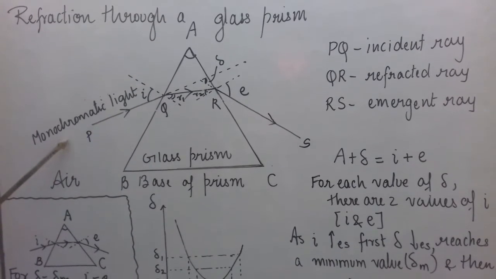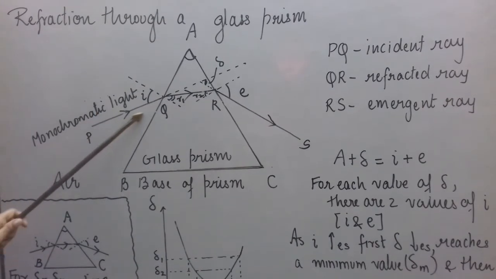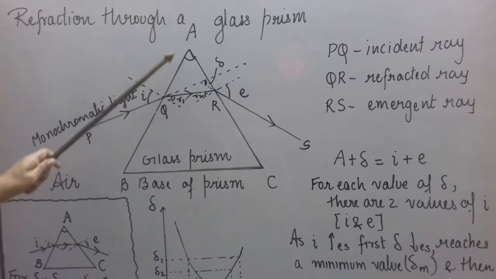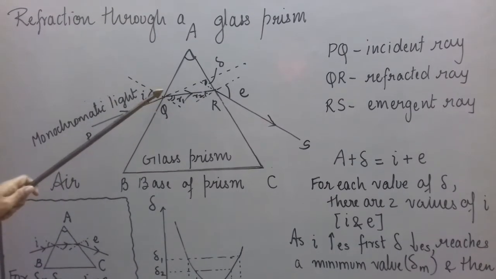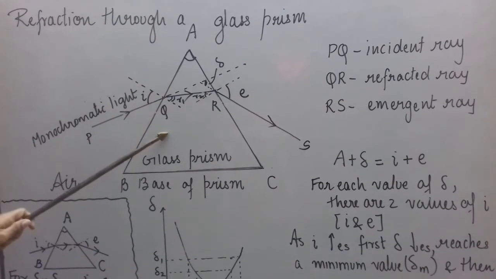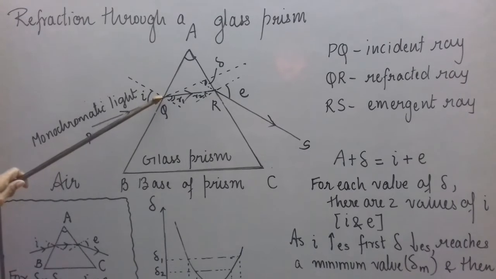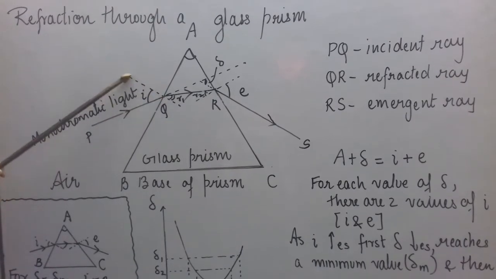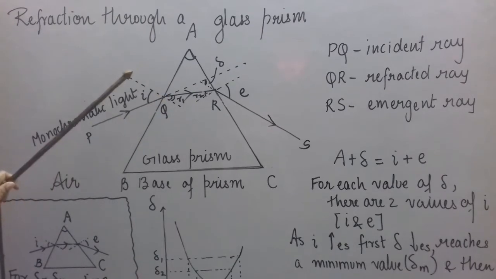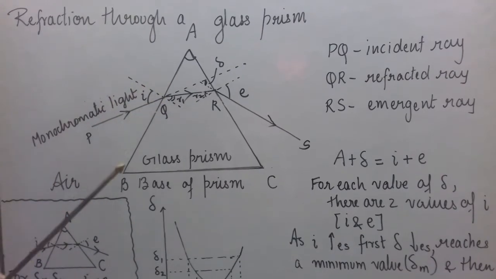Okay, so a monochromatic light ray is incident here. This is an incident ray. It strikes this boundary of the prism, and here the change of medium will take place. So first of all here you should draw the normal. Normal means perpendicular, the dotted line, as you know here. Okay, this is perpendicular to this side AB.